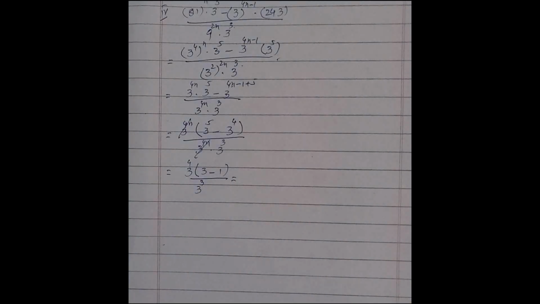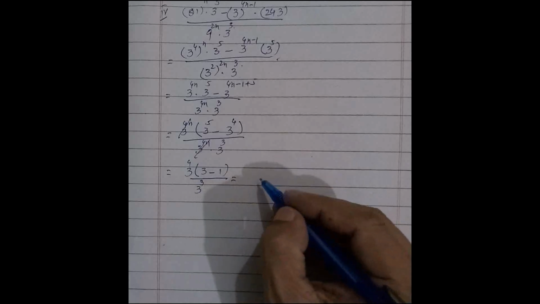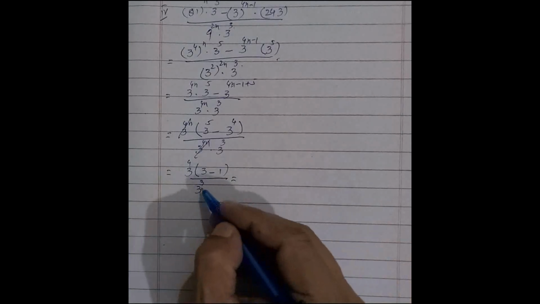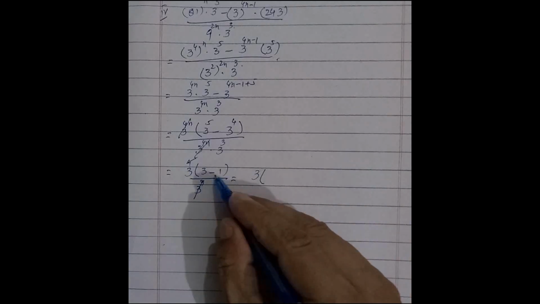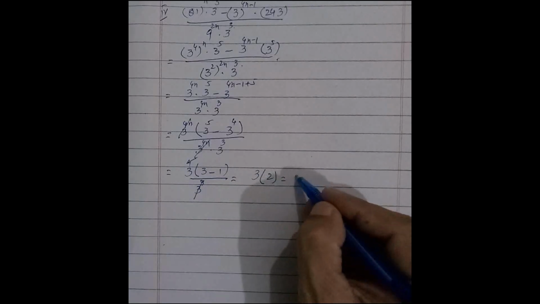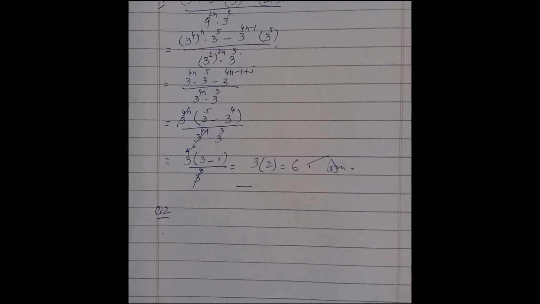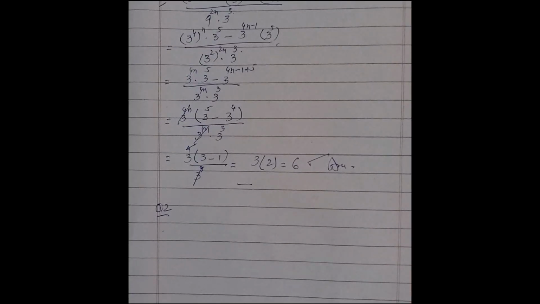And now we further simplify it. This 3's power 3 cancels with 3, and 3 minus 1 is equal to 2, which is equal to 6. In which we show that the values are equal to 1, which is